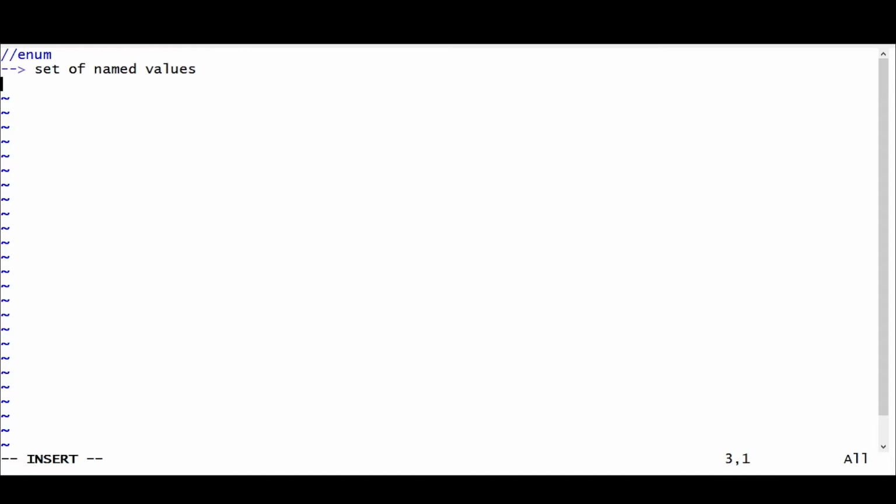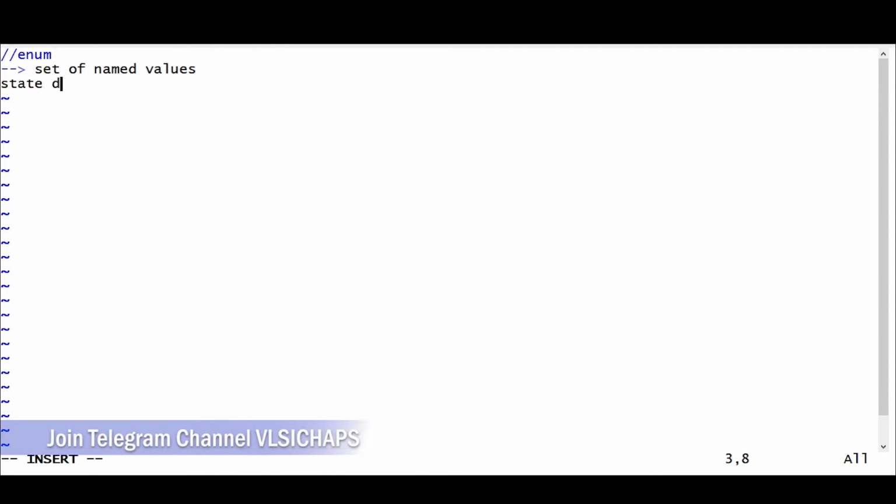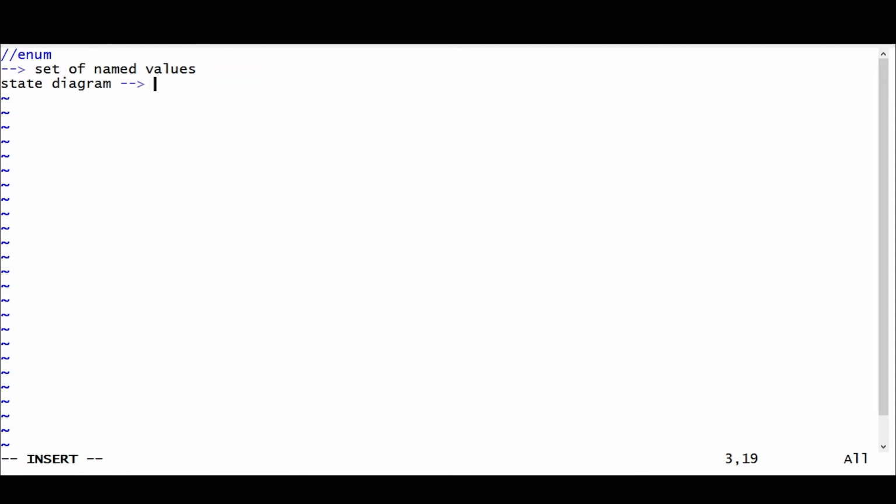So why do we go for the enumeration data type? Suppose we have a state diagram, or any design that goes through a number of states. First there will be a start, then it will go to an address, then to data, then there will come a stop.